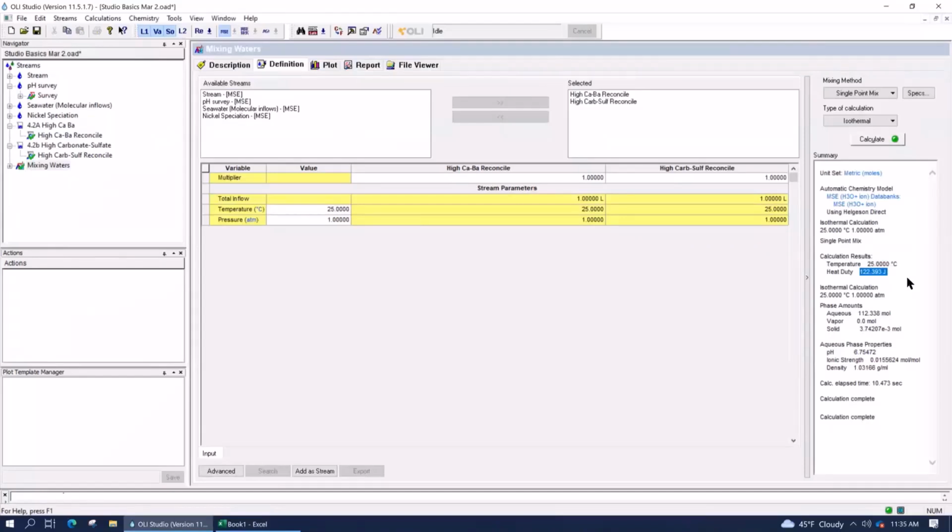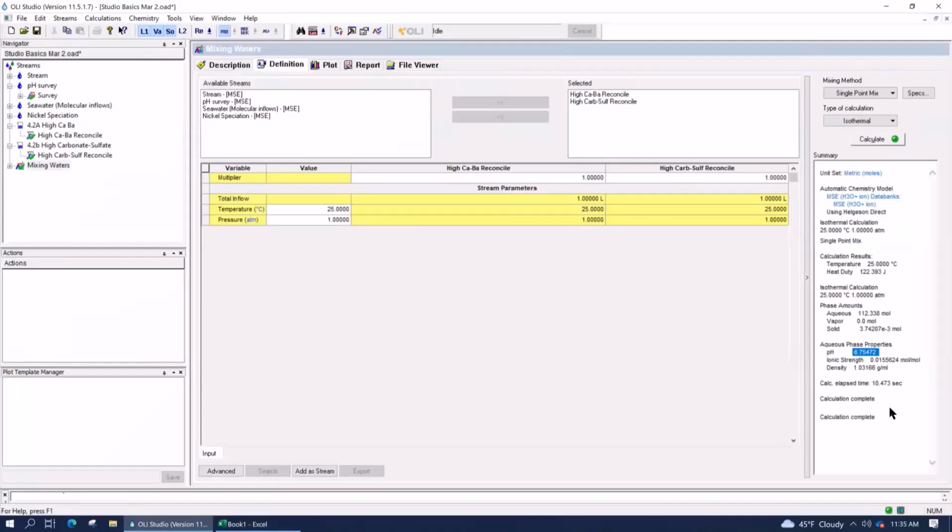It also calculates that when we bring these two streams together, you're going to form two phases, a water phase and a solid phase of unknown. We don't know what those solids are yet. It also shows you what the mixture pH is, and whatever else. So again, typical mixer set to isothermal.